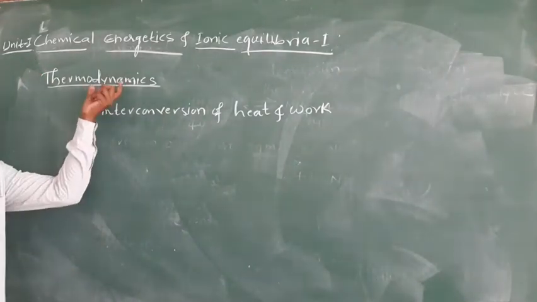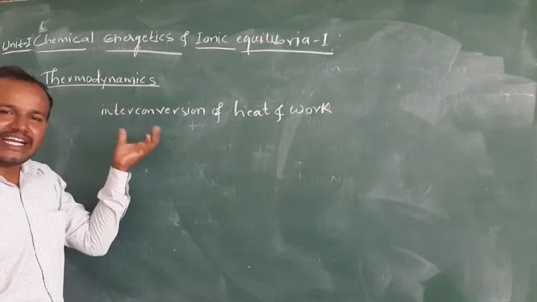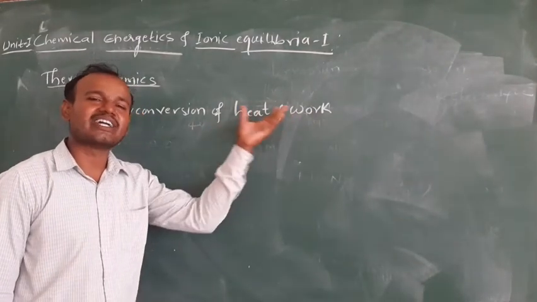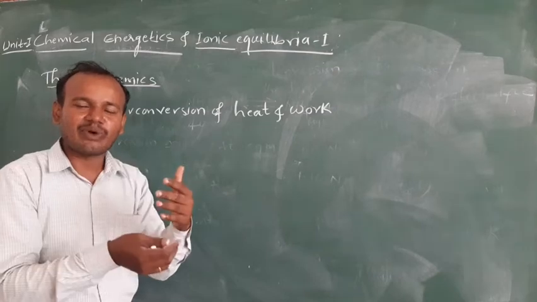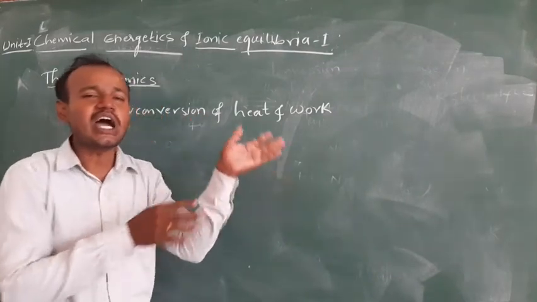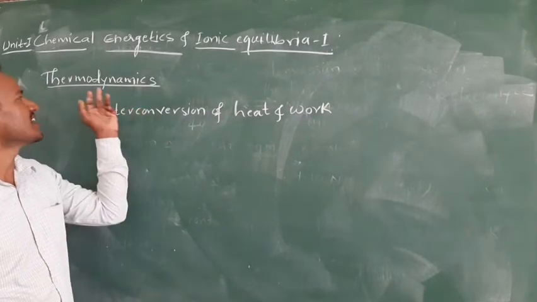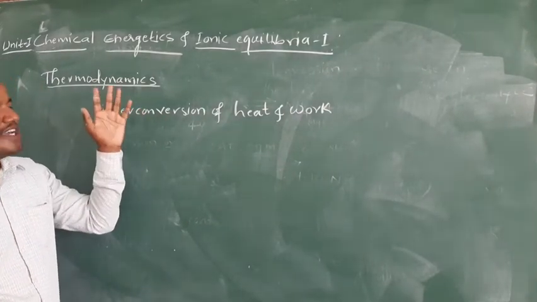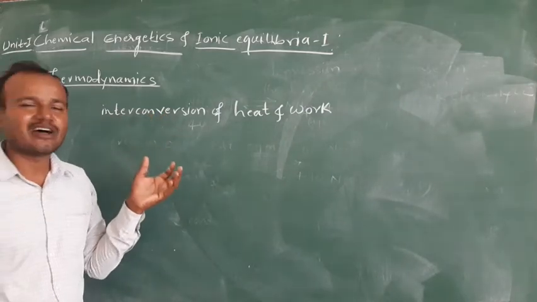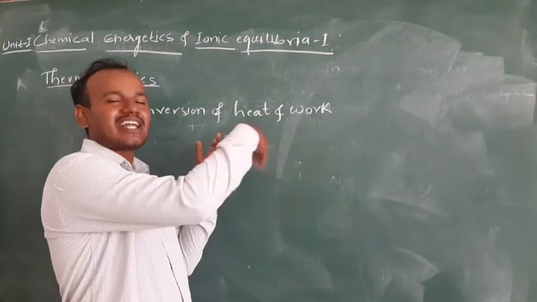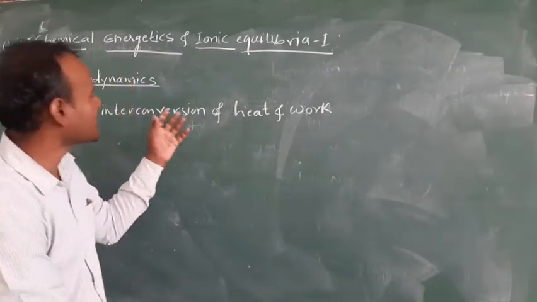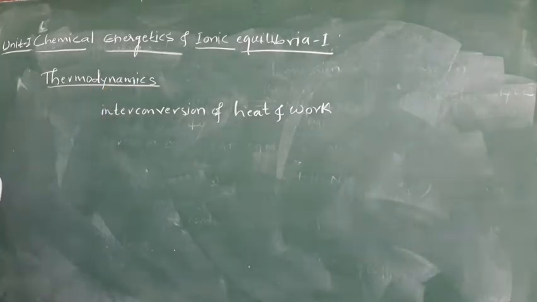Thermodynamics is a branch of physical chemistry which mainly deals with heat into work or work into heat, or the interconversion of any form of energy, one form of energy into another form of energy, that is studied under the heading thermodynamics. So mainly in chemistry you will relate thermodynamics in terms of heat energy and its relation with work, or work to heat or heat to work. Such kinds of interconversions are studied under the heading thermodynamics.